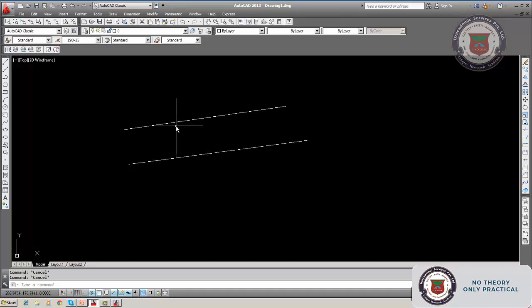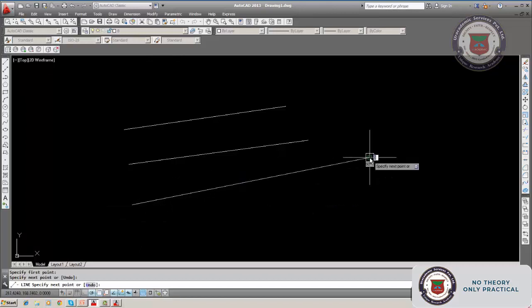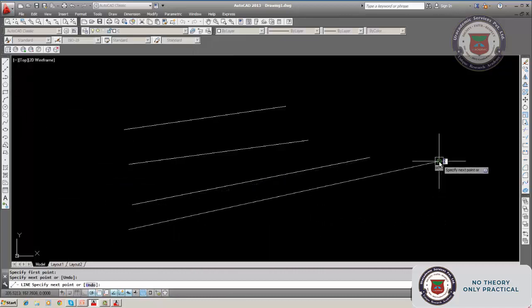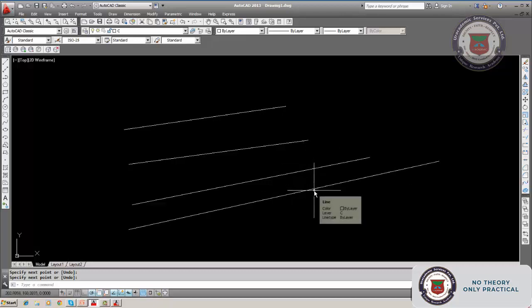Now I have drawn this with the 0 layer, this with the A layer, see, A layer, and now I will select this and draw on another layer. See. Now one more layer, C, I will select and draw a line with C. So all these 4 lines are in different layers. The 0 layer first one, second A, third B, C. The fourth one is the C layer. So now we will come to layer properties.